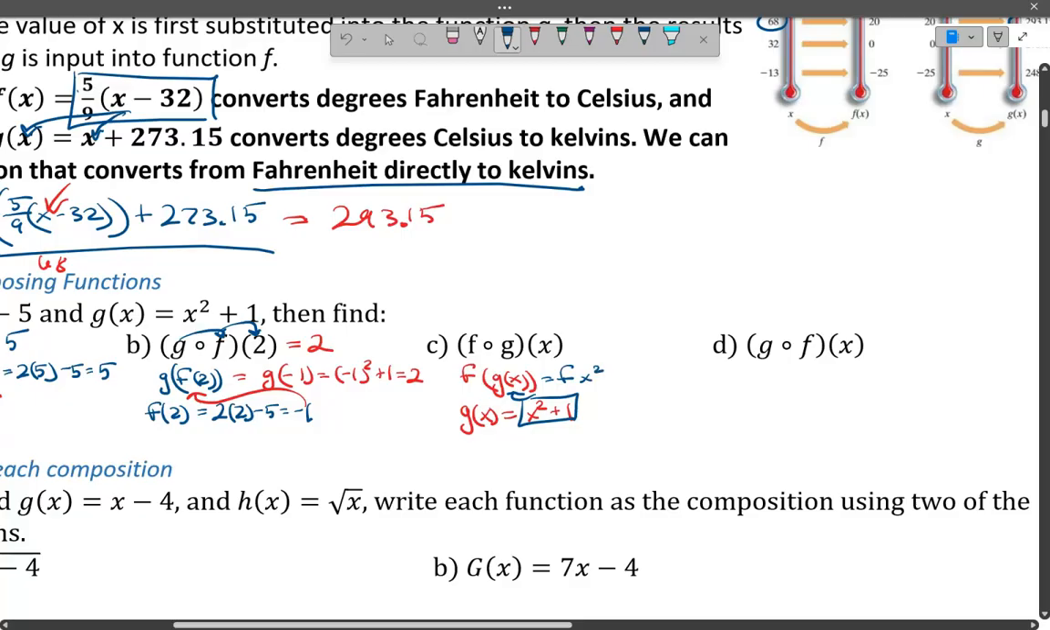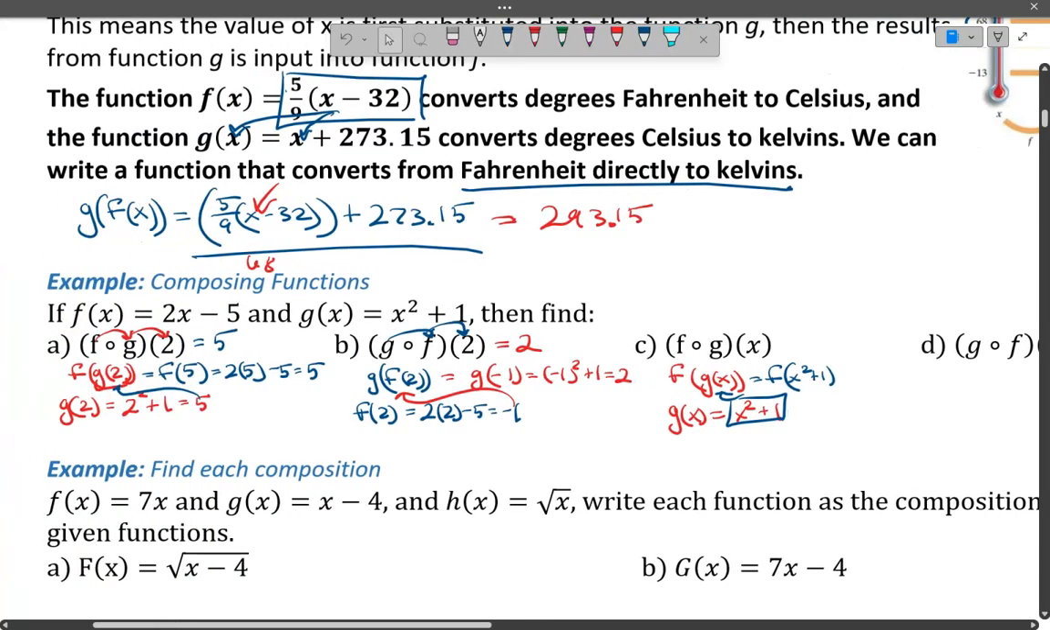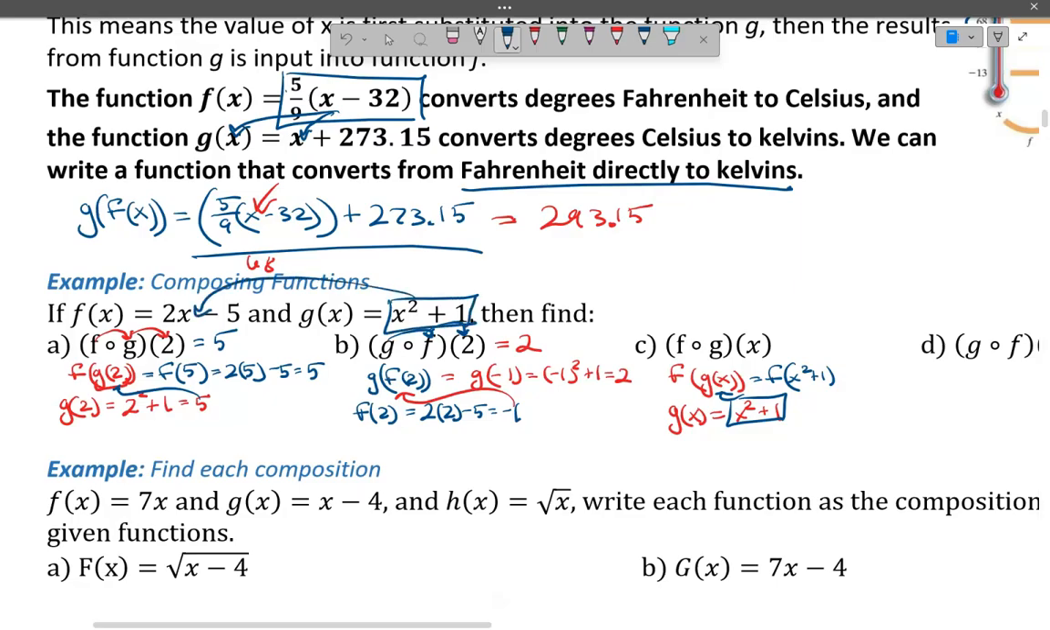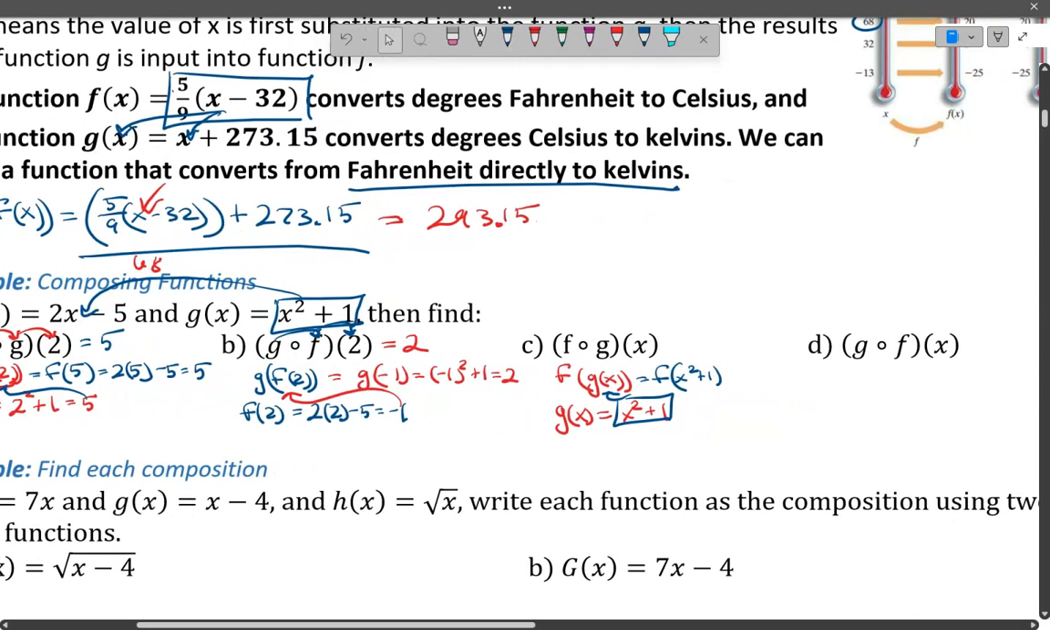So we have f of x squared plus 1, which means we are going to take x squared plus 1 and substitute it in for x in the original function. We're going to replace the value of x. So we're going to take